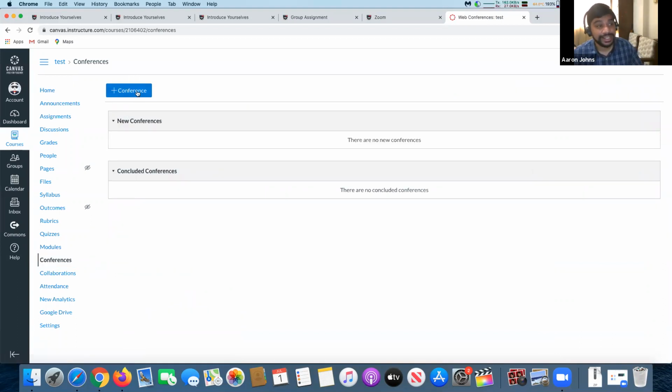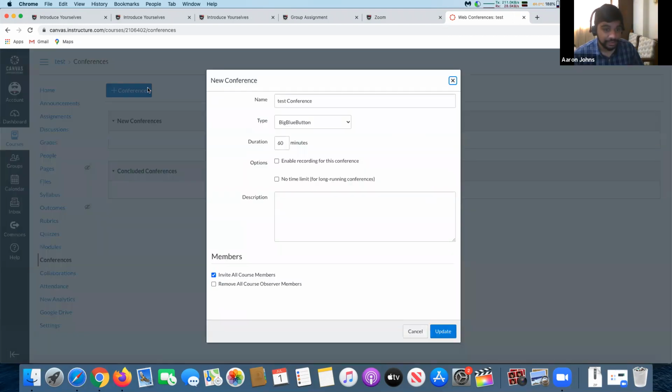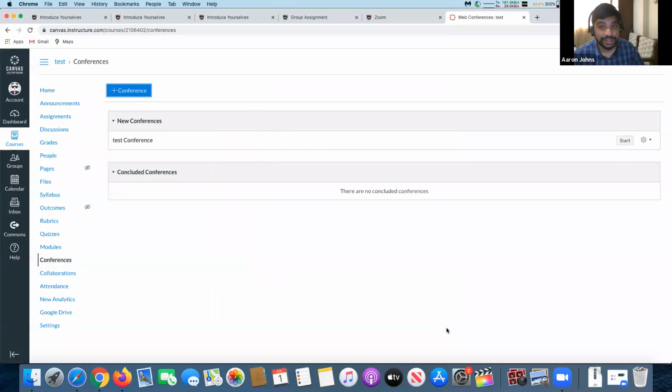So this is within their server. Can you see here it's written Canvas free for teachers on the left hand corner? So if you register your institute for this free account, you get a conferencing tool within it. And within this conferencing tool, you can schedule a conference and even enable recording, by the way. So let me show you how this works.